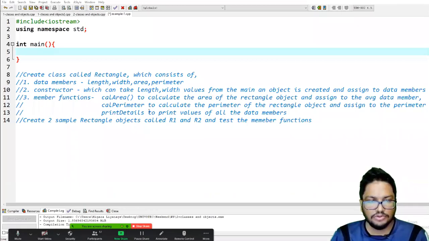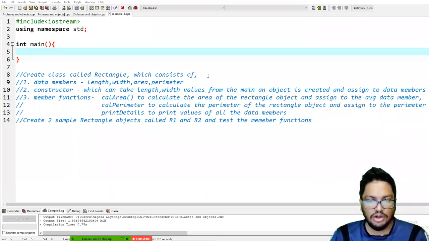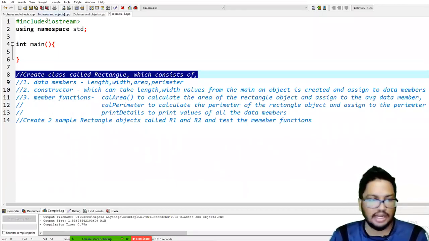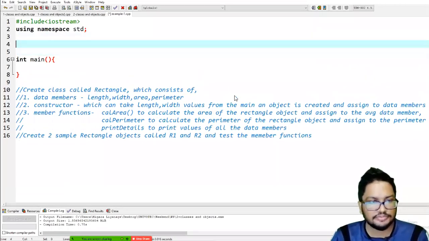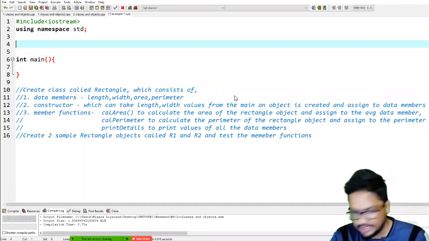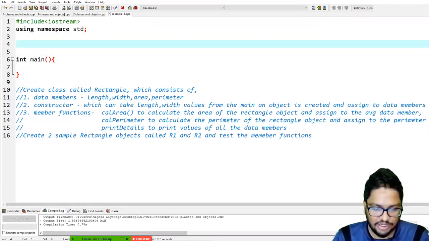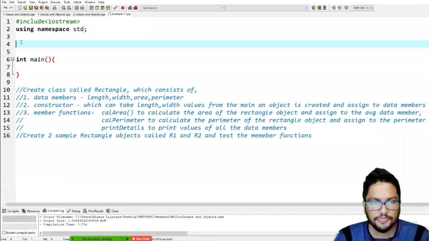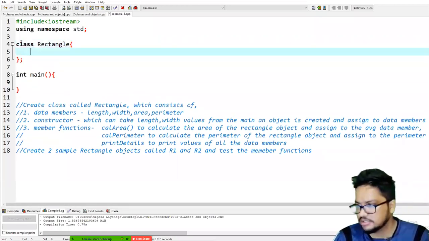You are asked to create a class called rectangle. Okay, how to do it? Yes, let's get together and implement this. How can we do this, please? So we can create it like this: class rectangle. Very simple.